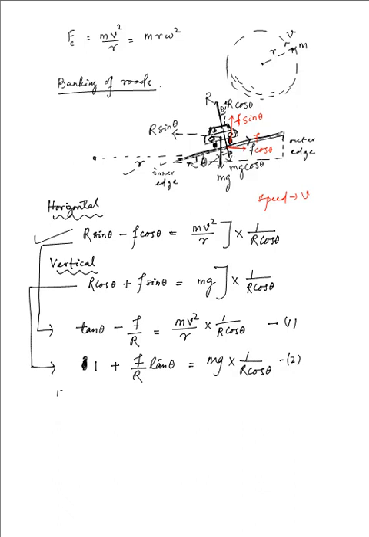You divide equation 1 by equation 2, and all you have is tan theta minus the f by r term. This is the frictional force divided by the reaction force, and that simply is equal to the coefficient of friction, usually denoted as mu. Let me just write that for you over here: f by r is equal to mu, where mu is the coefficient of friction. You know this from the friction portion discussed. So coefficient of friction,